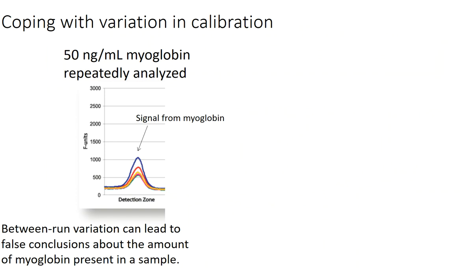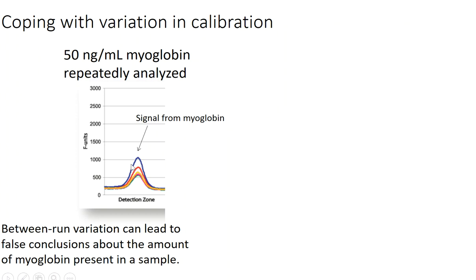So let's talk about the issue that comes up when you have a solution of your unknown and you measure it in some detector. It could be whatever detector you've chosen, and you put your vial of your unknown in and you measure a signal response. Then you take it out and put it in again later and you measure the signal. You haven't changed your sample in any way. You're just taking it in and out of the detector, measuring it each time,